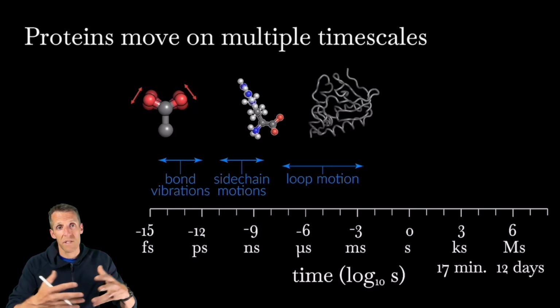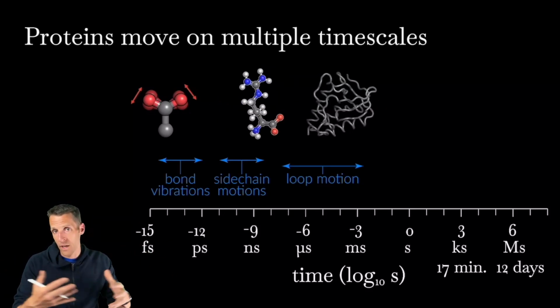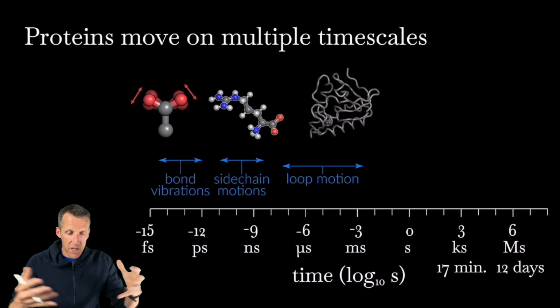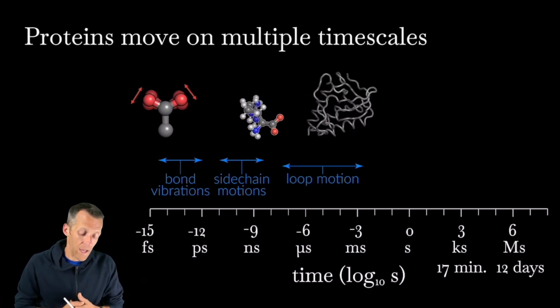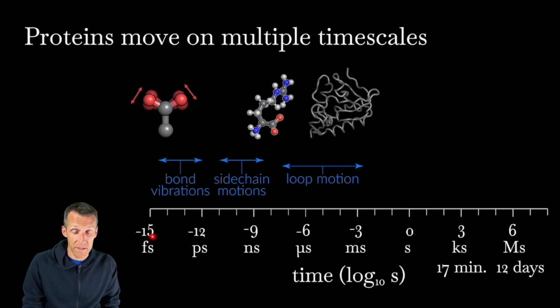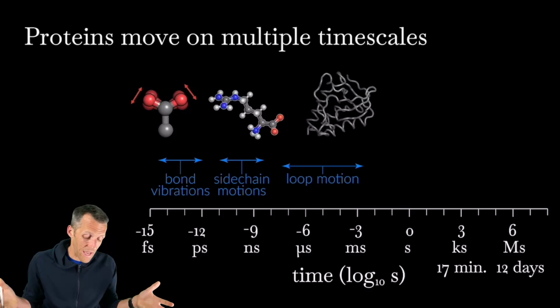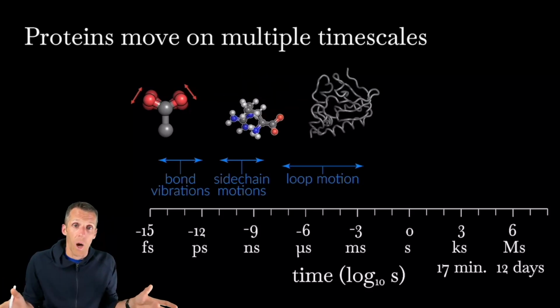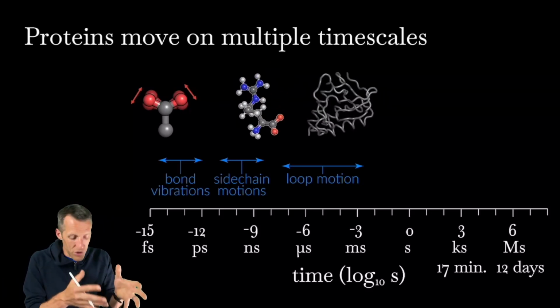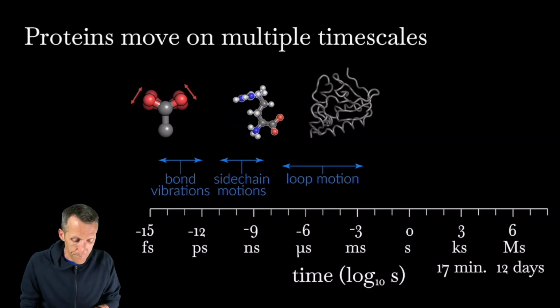And I'm showing this in a smoothed out form for a protein, and you can see it sort of Pac-Manning along. So hopefully what you can appreciate is there's all kinds of motion across a bunch of scales, and also that it's actually a pretty wide range, right? This is 10 to the minus 15th to the 10 to the minus 3rd. So there's actually 12 orders of magnitude of scale of motions happening here. Depending on what we look at, we can see all kinds of different sorts of processes happening.